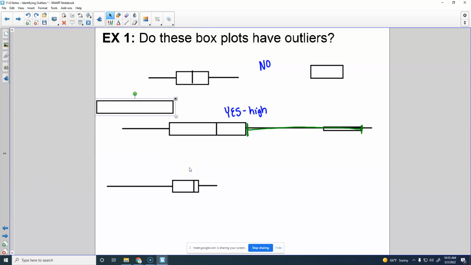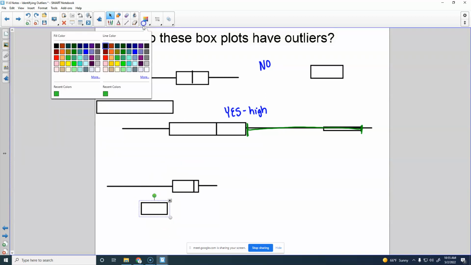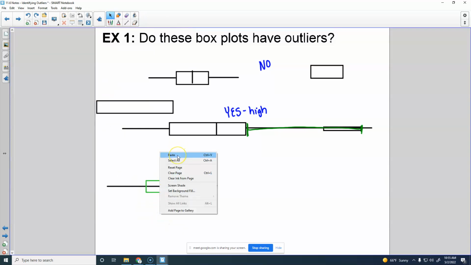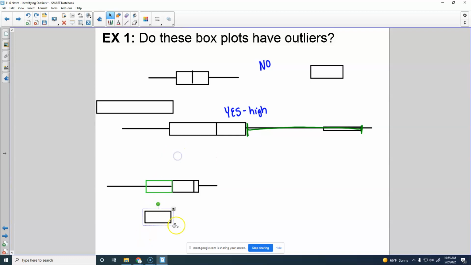Okay, Presley, what do you think for the third one? Okay, no? All right, do you guys agree? All right, what do you think, Peyton? You think it's yes? What do you think, high or low outliers? Low. All right, so let's check. If I copy this and paste it, let me make this box a different color too. So here's the length of one box. And then if I make another box that's